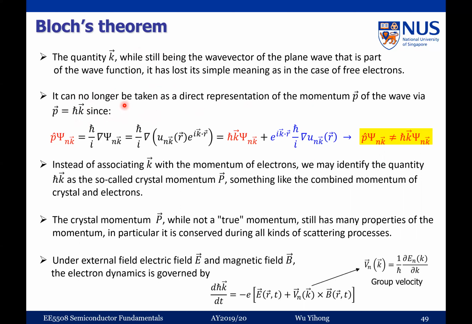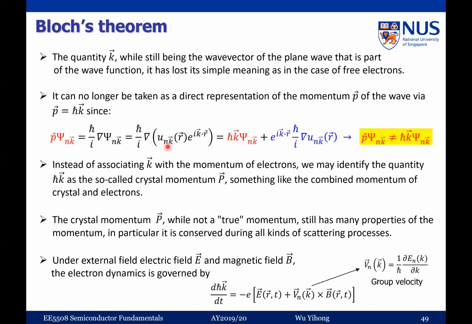In quantum mechanics, as we talked about in the last lecture, if you use a momentum operator, of course the electron momentum operator, to operate on this wave function, then you see what you have. The momentum operator is ħ divided by i times del. So ħ over i is a constant, just put it here, and del is the del operator, right? And for the wave function, we just use this Bloch wave function. This means that you have a plane wave